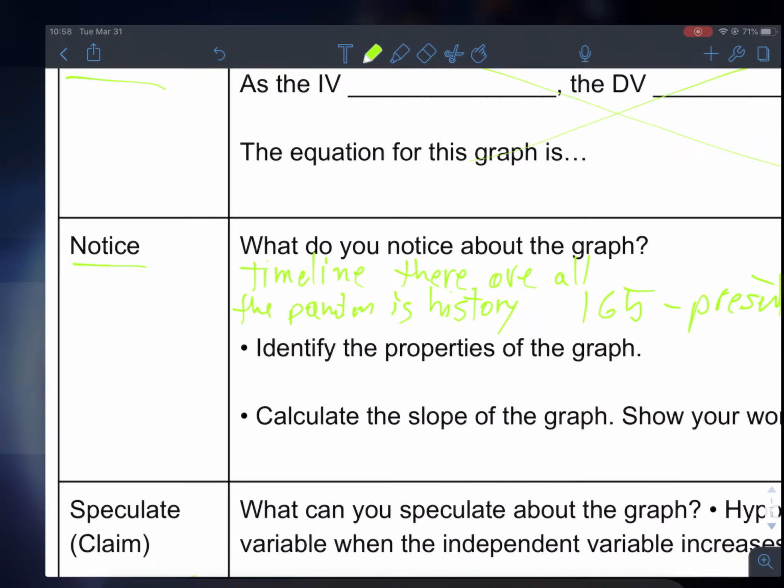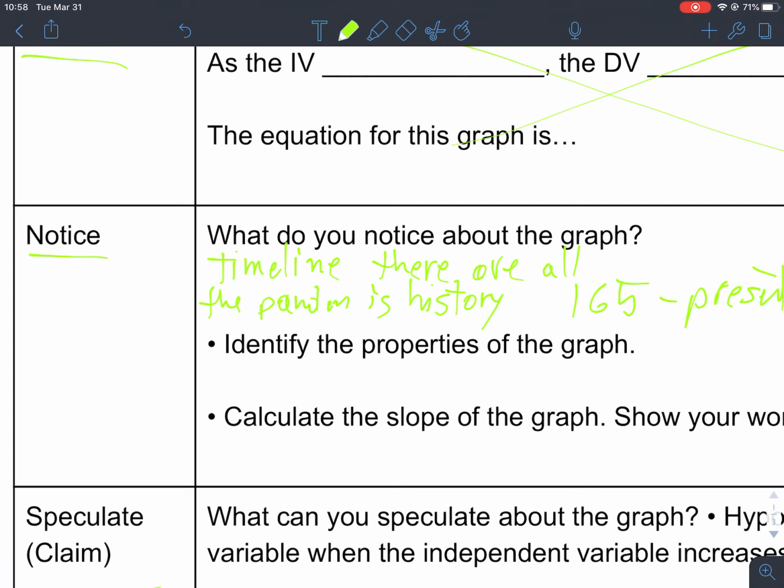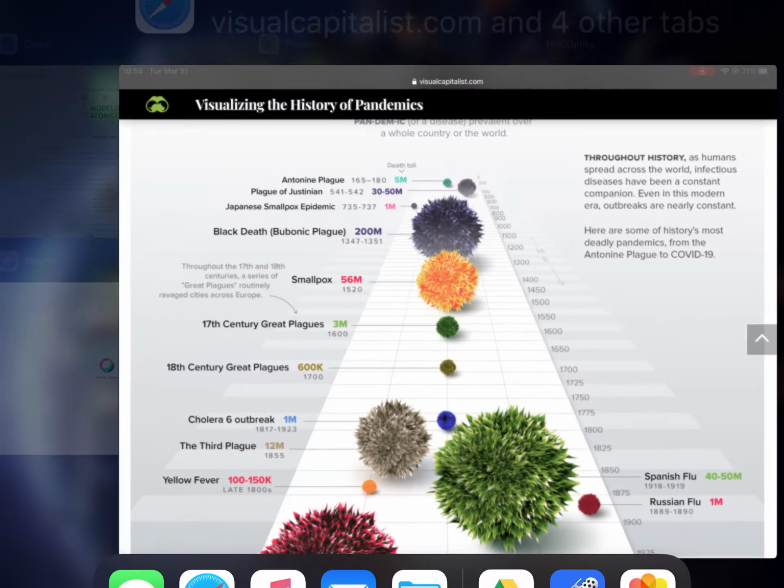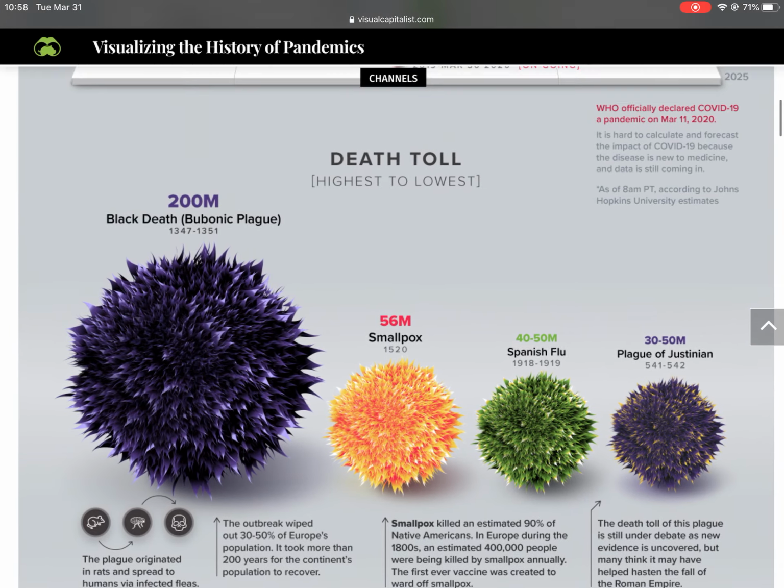So let's write that over here. Number of people dead, name of the disease, and the time that happened. Okay, we're not gonna do the calculated slope, although we can actually look in here and we can